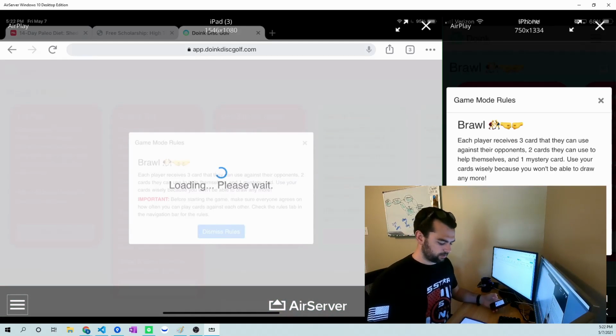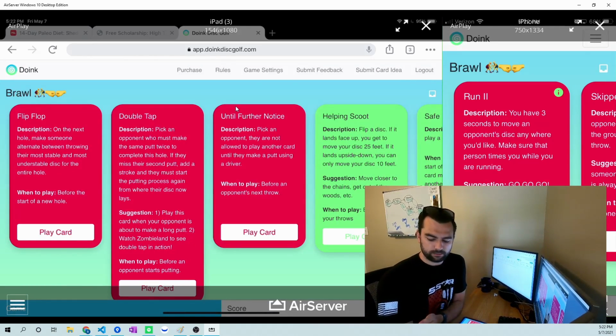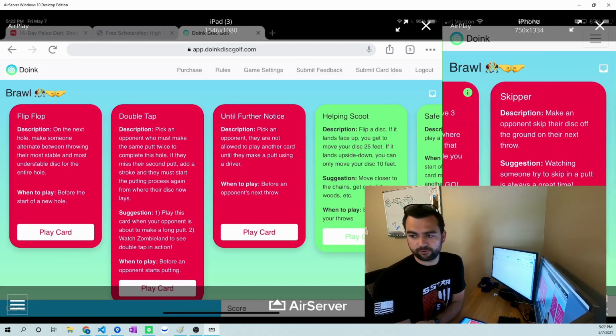So this is actually one of the new game modes that we just made, which is Brawl. As you can see in Brawl, basically the way it works, like I'm moving the iPhone, is you have